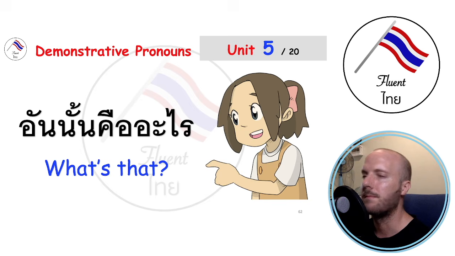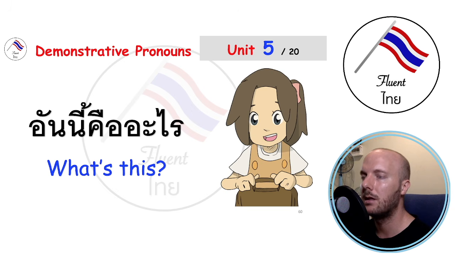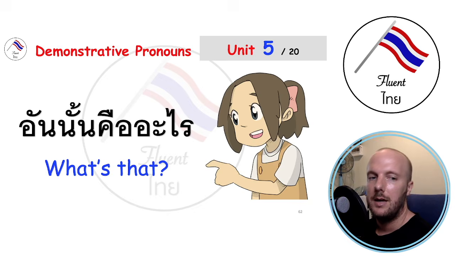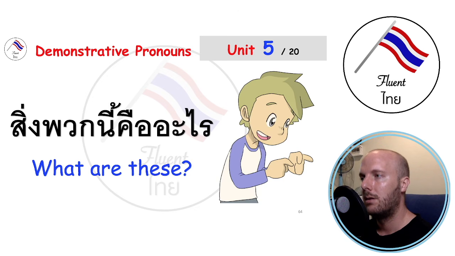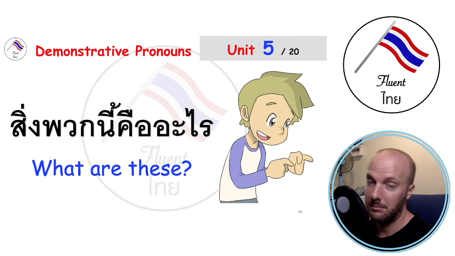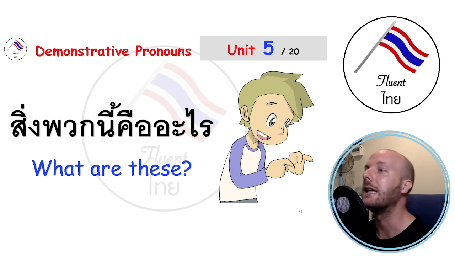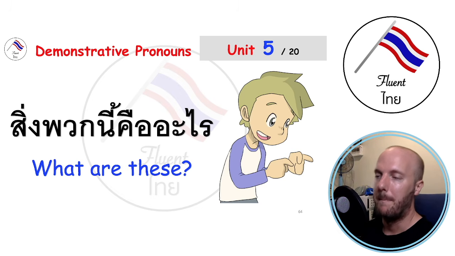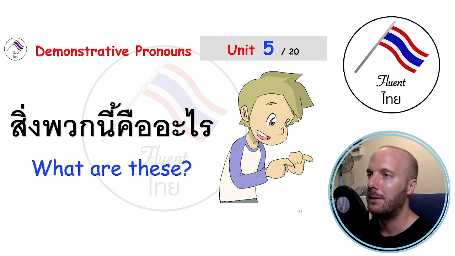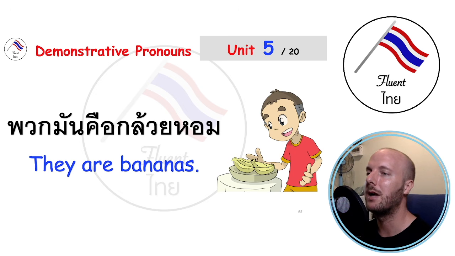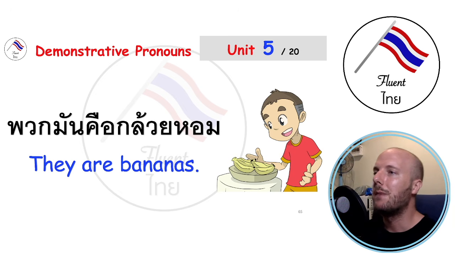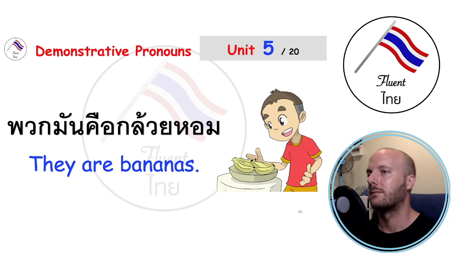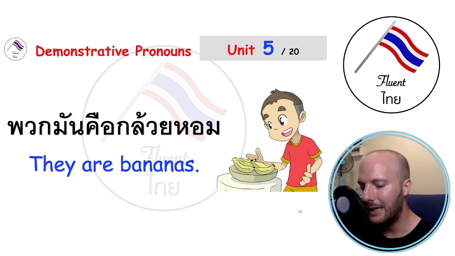Whereas in the singular we're using the classifier an, in the plural we're not using a classifier, we're literally using the word thing, which means thing. So thing plus the plural determiner ni is what. Okay, and then you answer, they are bananas. พวกมันคือกล้วยหอม